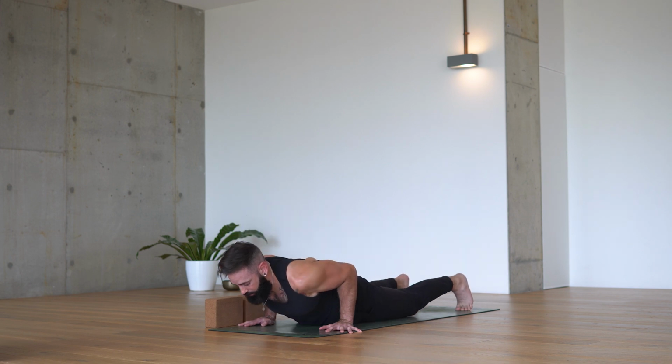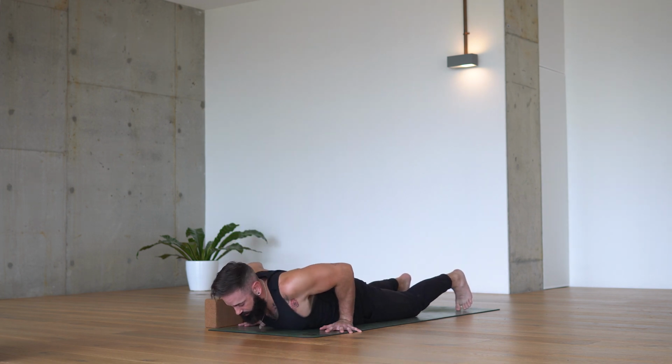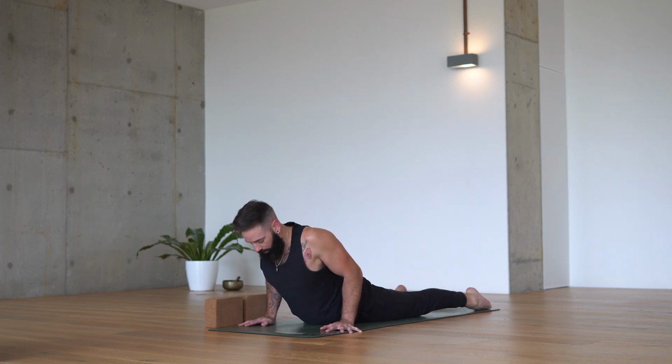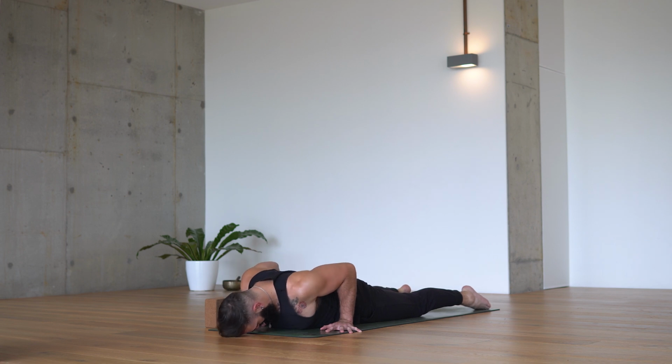And as we lower down to the belly, we really actively roll the shoulder blades down, squeeze them together, and press through the feet as we lift the chest. Cobra pose. Bhujangasana. Inhale. Exhale, drop the head. And just press up onto hands and